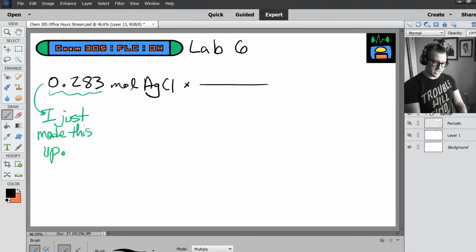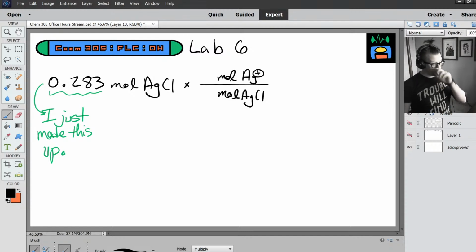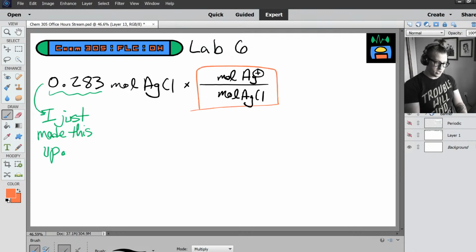Well, we're going to need a unit conversion to convert from moles of silver chloride to moles of just silver cations, and the ratio you get from the chemical equation